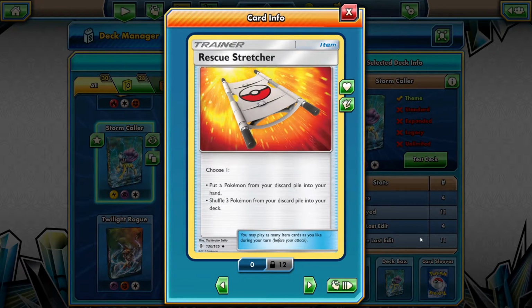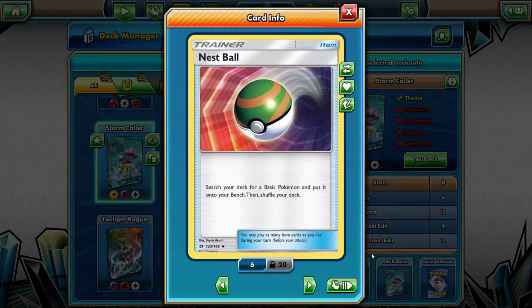Stretcher: put a Pokemon from your discard pile into your hand, or shuffle 3 Pokemon from your discard pile into your deck. If you've played the Mareep line already and you want to get them back out, you can do that with this. Nest Ball, like I said, is really good because Raikou is a basic Pokemon, so it's really good to get